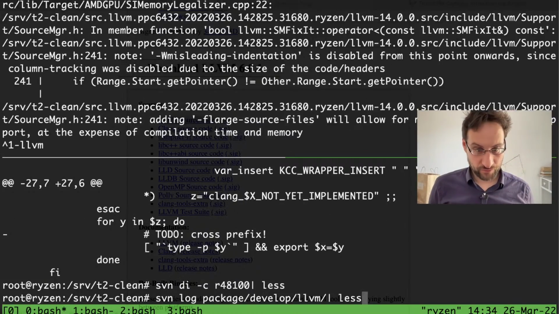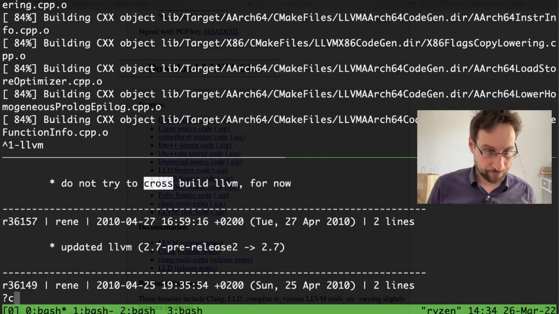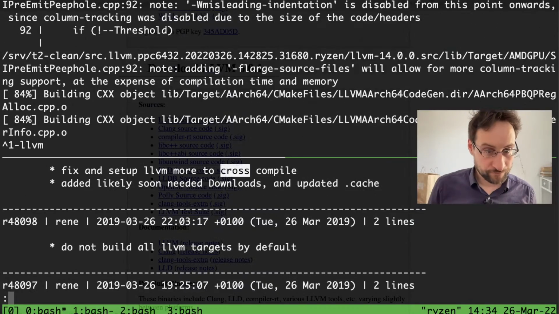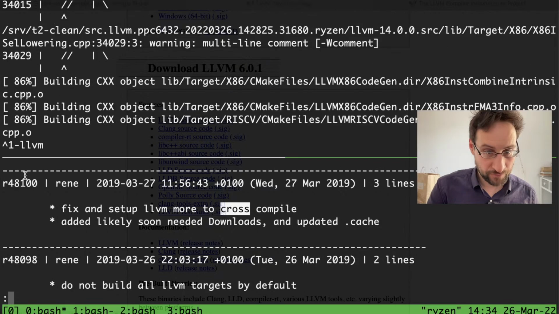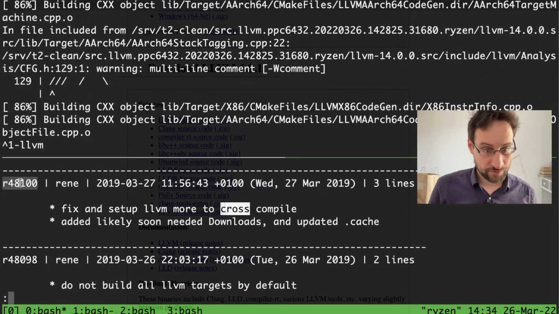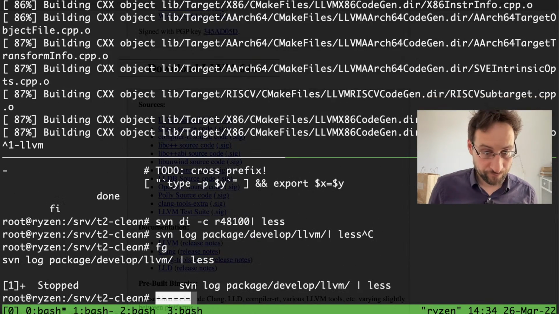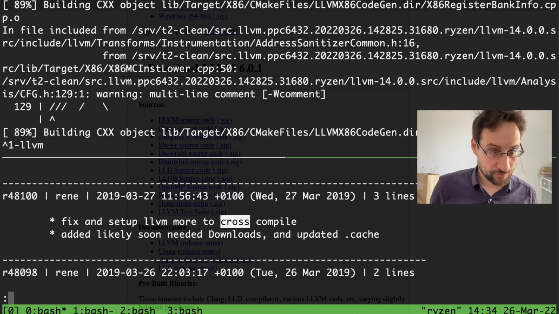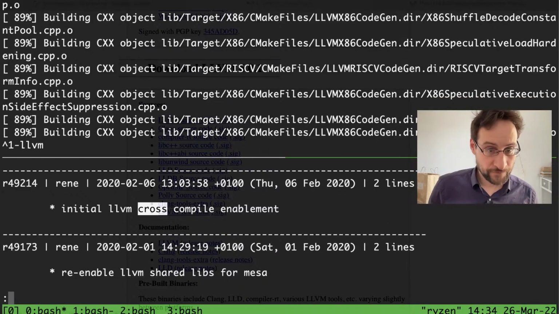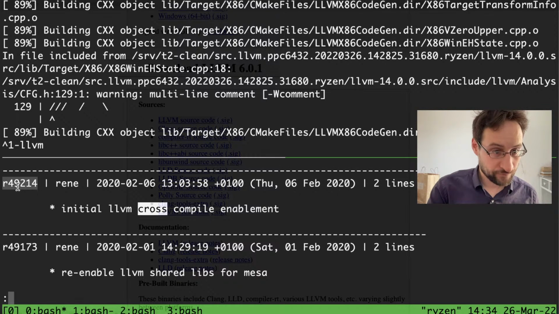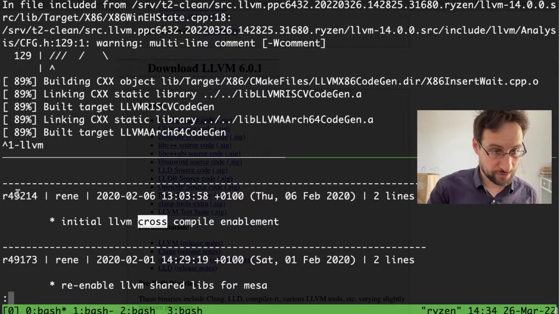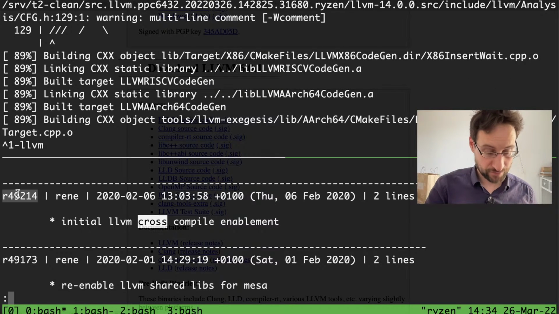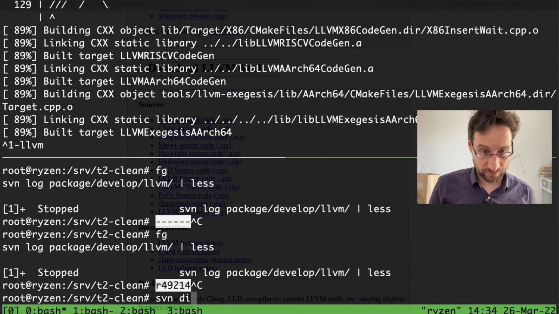That is not the most... Was it fixed instead of more to cross-compile? Oh. Okay, but that was that revision. Not sure what's up with this terminal, Tmux or whatever terminal escape codes for words.